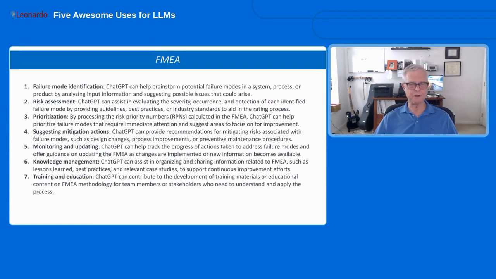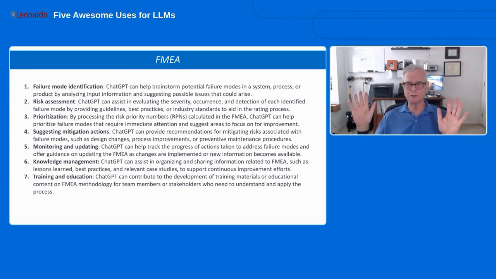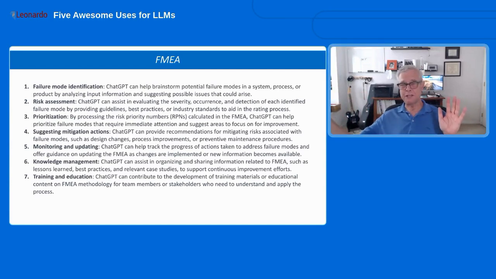Next thing, which is very powerful, many of you are familiar with this. If you're not, then you need to learn about it. It's called FMEA, Failure Mode and Effects Analysis. Again, similar to what we just looked at, ChatGPT can help go through a failure mode and effects analysis. Basically, the idea here is you try to identify all of the potential failure modes, things that can go wrong, in other words. And then when those things go wrong, what is the effect? So the effect could be a range from it goes wrong, but no one notices, to maybe on the other side of the scale, someone dies.